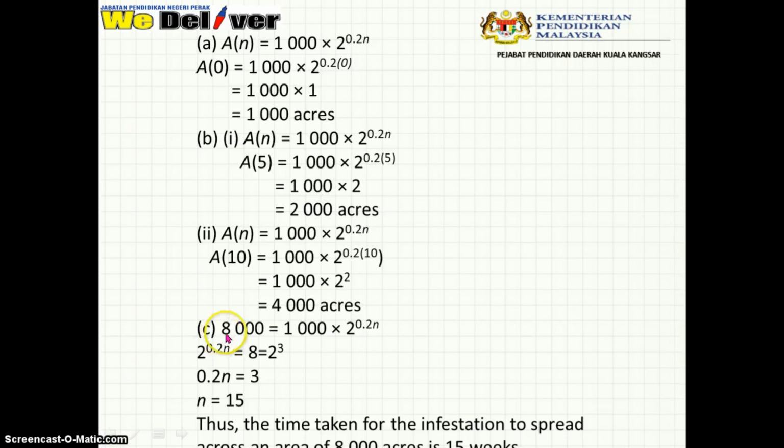So when A equals 8000, 8000 equals 1000 times 2 to the power of 0.2n. So 1000 we shift and divide, becomes 8, and 8 equals 2 to the power of 3. So by comparing the indices, 0.2n equals 3. So n equals